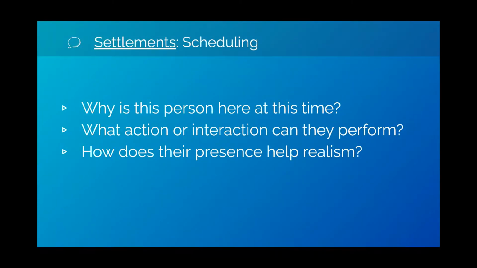First of all, scheduling. Scheduling is the nightmare of every team lead ever. It's so annoying. But scheduling is vitally important for building realism in a town. You need to ask yourself why someone's in a place at a certain time. Yes, you want people to be available so that you can interact with them, talk with them, have quests start. But you can't just have someone sitting on a bench all day waiting for a quest to start. You need to have a reason why someone would go a certain place.